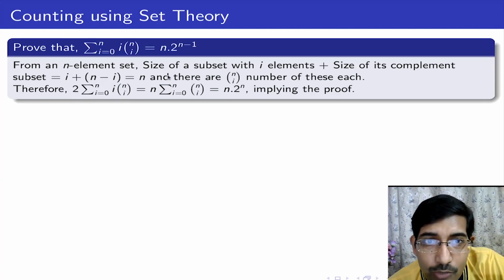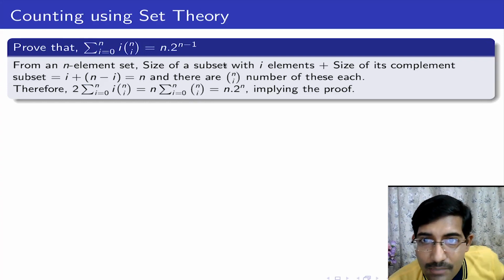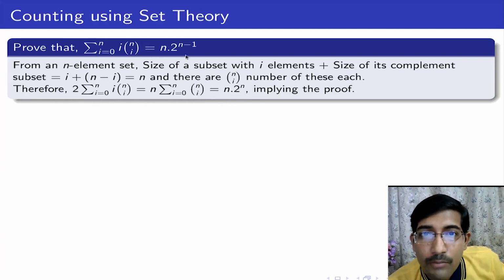which is equal to, you see that this is equal to n into the number. Because every time I am choosing these many subsets and my sum total is n. So n into these many subsets every time. So this sum, you know, is 2 to the power n, so n into 2 to the power n, and it in turn contains everything twice, so you have to divide by 2, implying the proof.